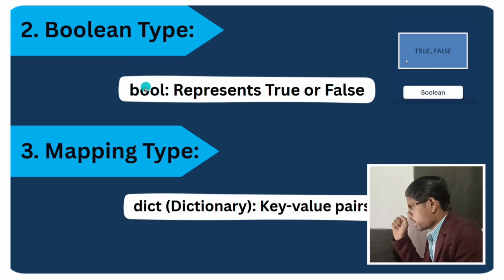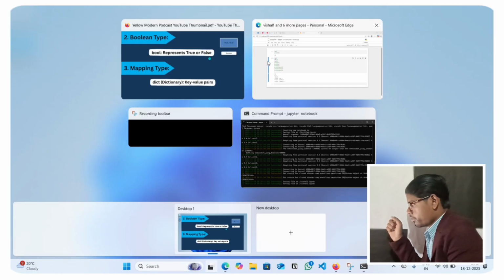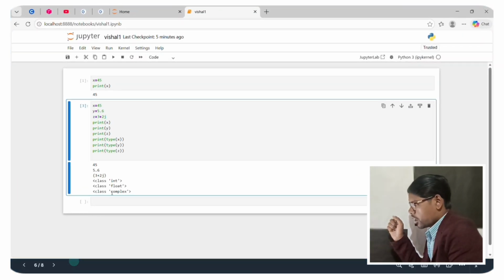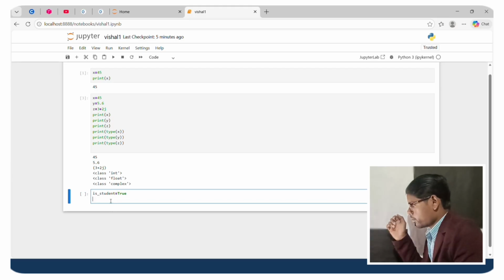Next, Boolean. The Boolean keyword is bool. It represents true and false values, like this. Is student holds the true value?